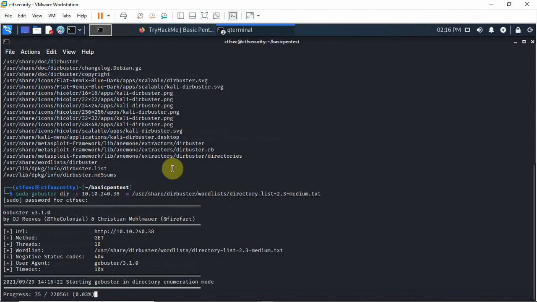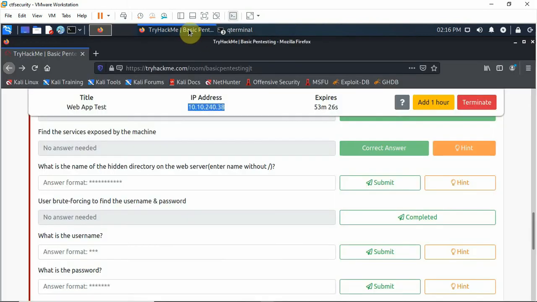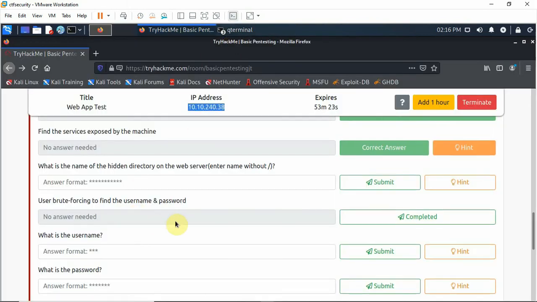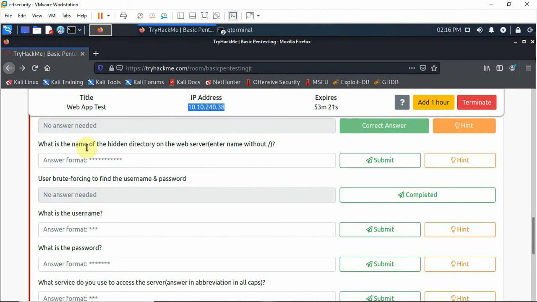So this will take about 5 minutes or so, depending on how fast your PC is. I'm just going to head back and we'll leave that to run. So the next thing is